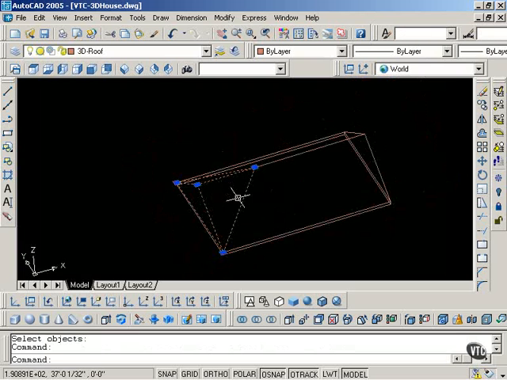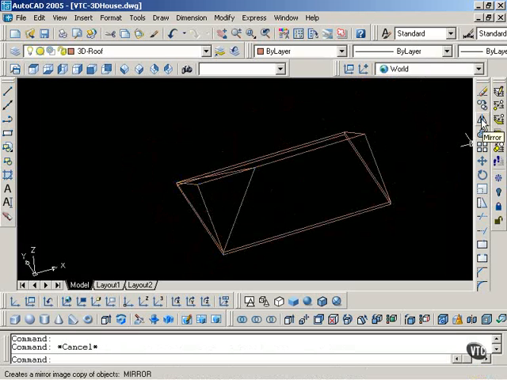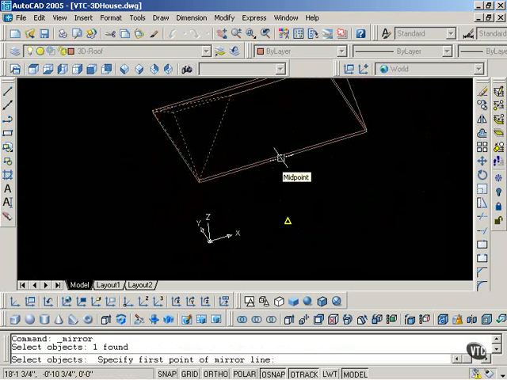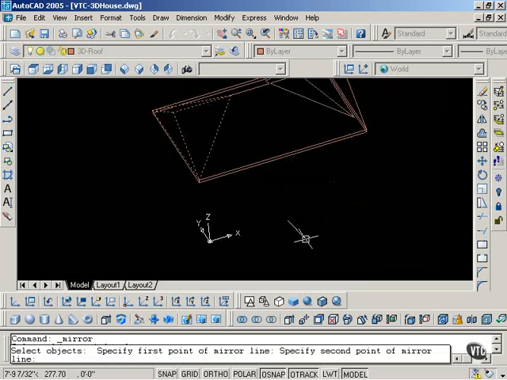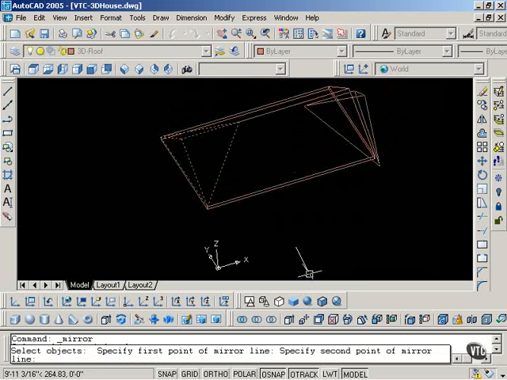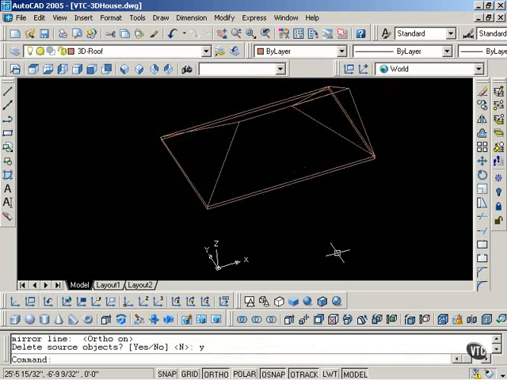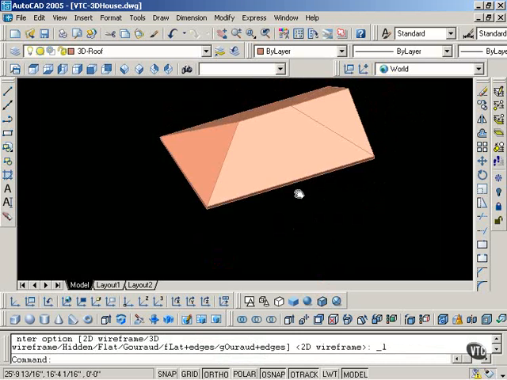And what I will do now, instead of erasing this portion, I'm going to select mirror, mirroring it about the first midpoint here, and as I've shown you before, it does indicate the midpoint, but the target appears at the XY plane of 0, 0. Picking this midpoint, ortho on, picking here, deleting the source object, selecting Y for yes,